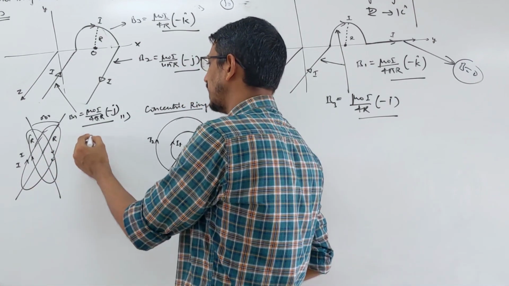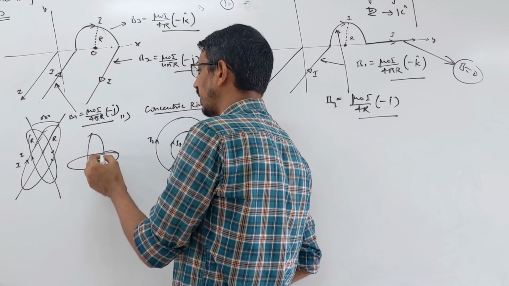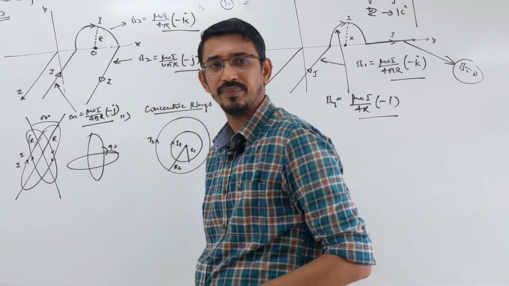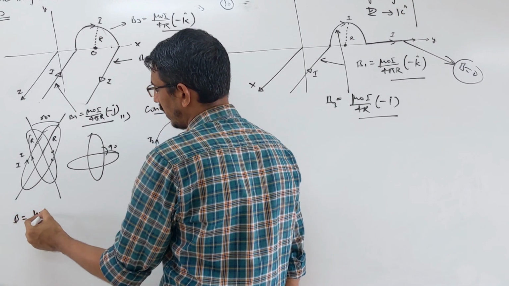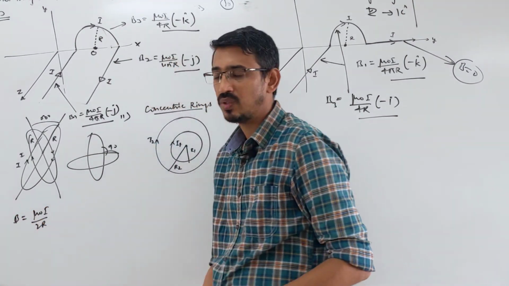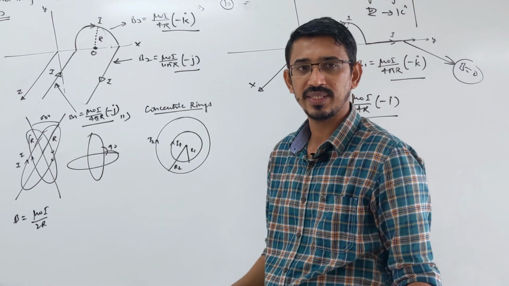In our exam, they ask a question like this. Two loops were placed perpendicular, at 90 degrees. Same loop. So what is the net magnetic field? The magnetic field due to any one loop is what? Mu naught I upon 2r. Correct. Two similar loops are given, and just the angle is given between them.